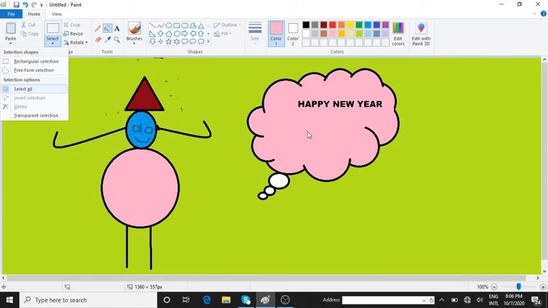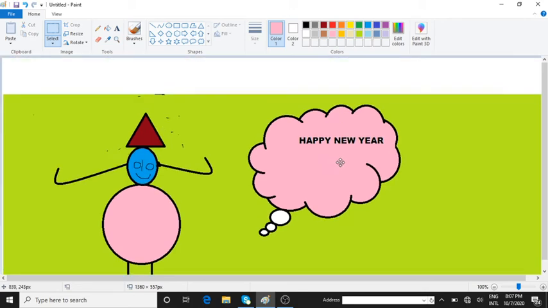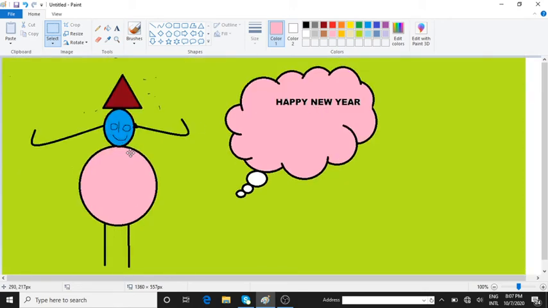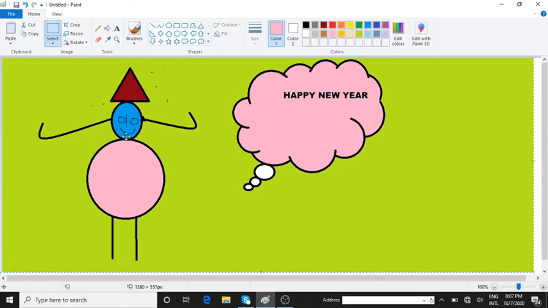Okay, so I'll just choose this. Select all. After clicking on select all, you can use however you want. See, I can select the whole thing, flip and rotate.